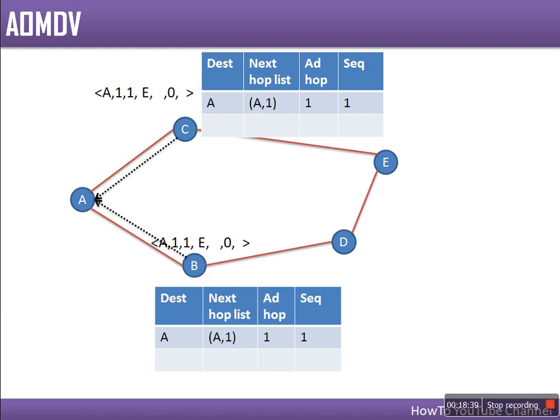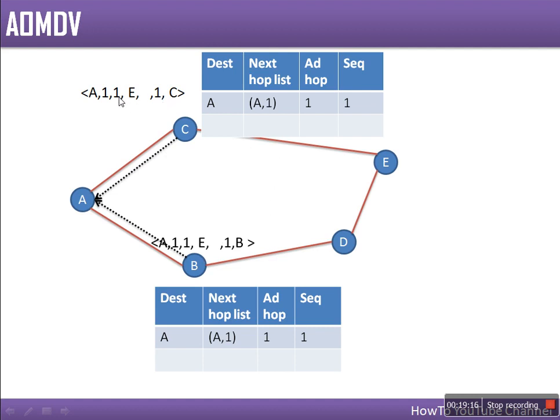Now what these nodes will do, C will insert its own address here. So at the first hop, C will insert its own address, and B will insert its own address. Whenever any intermediate node receives these packets, that node will find out this packet is coming from this neighbor of the source, and every node actually maintains a first hop list for every route request packet. So let's say if an intermediate node is receiving packets from C and B, it will create one entry that